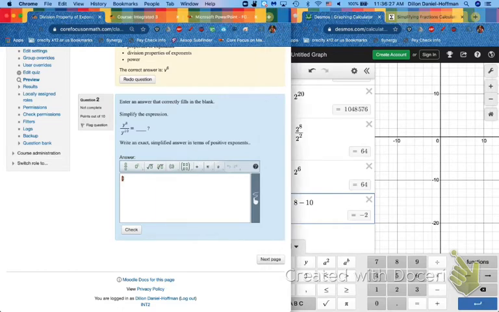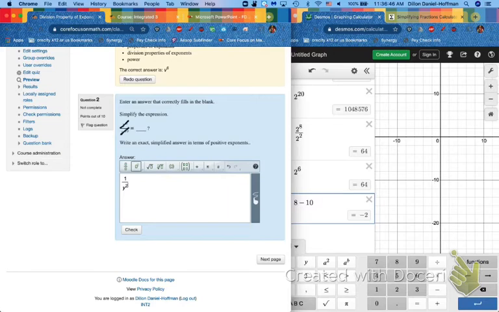Well, let's remember from last assignment what to do. We click our fraction button, and then we need to put a 1 on top. What do we put on bottom? Well, if I got negative 2, instead of putting y to the negative 2, I put y to the positive 2. You can also think of it like this. If I was to cancel this top and bottom, this numerator and denominator, and get rid of y to the